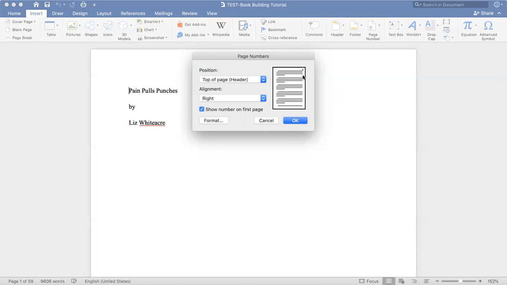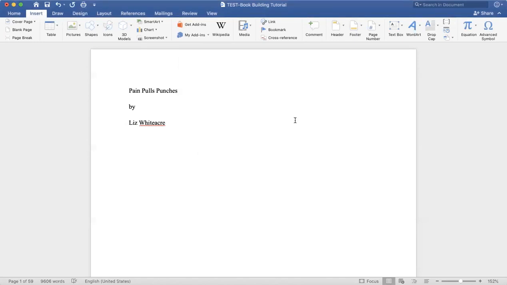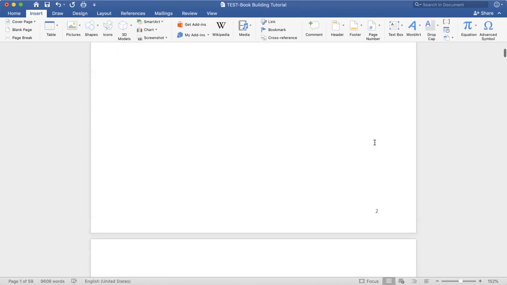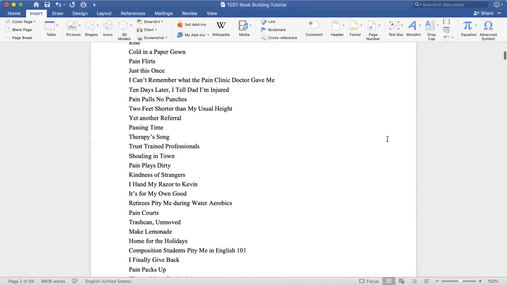So go with what you prefer as a reader, and then if you get feedback from your peer reviewers as they're looking at your book, you could take that into consideration if they have any trouble following what you have decided to set up for them as readers. For right now, I'm going to leave it to say show number on first page. That's not any trouble for us. Click on OK. And as I start to scroll down, you'll notice here I have my page number automatically appearing for me,